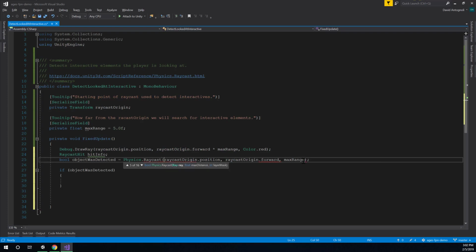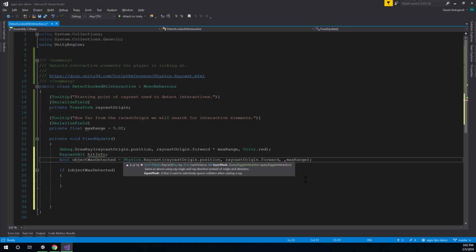So if I hit backspace on my parenthesis and then re-put it, I get the IntelliSense back, and this way I can keep toggling through until I find the one that's exactly like we had it, except it also takes this hitInfo thing. And I think it's this one. And I just needed to do that to figure out where in this list the hitInfo goes. So it goes right after the direction. So here's our direction, and now in between the direction and the range